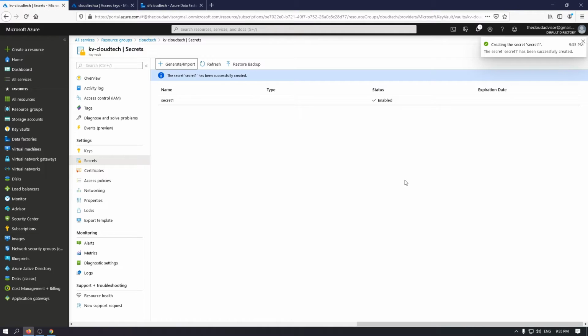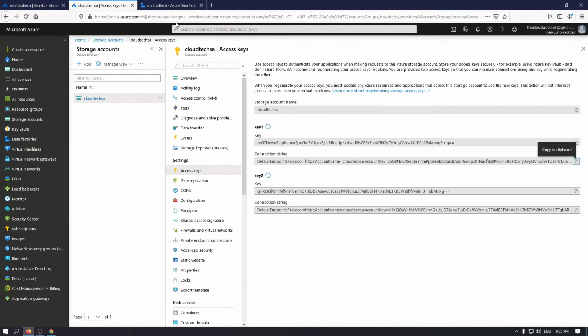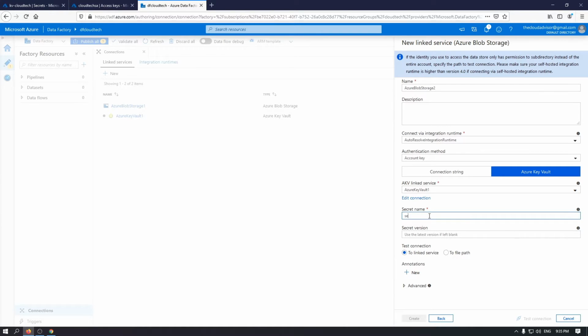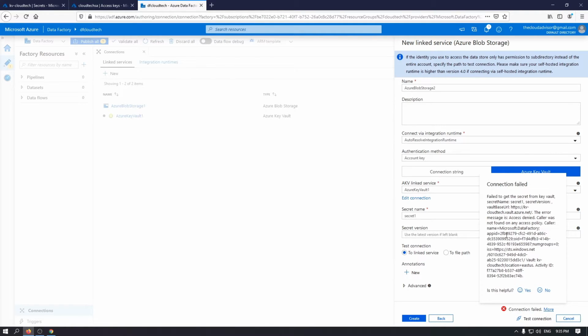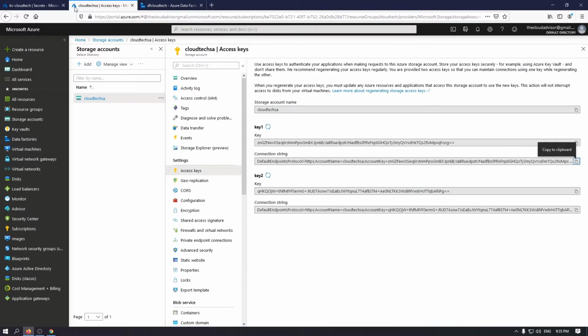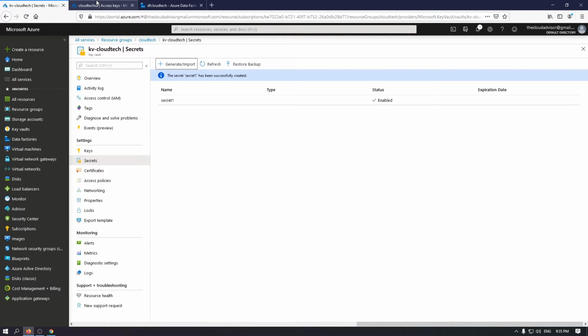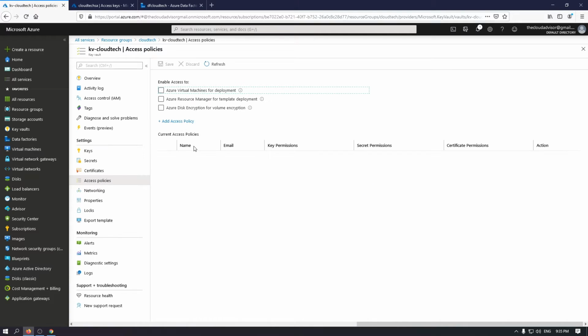Let me go back to Data Factory and write the name of the new secret that I created 5 seconds ago. Test the connection, and it should not work because the Data Factory application doesn't have the right to get the secrets from this Key Vault. So let's go back to the Key Vault, go to the Access Policies tab, click Add Access Policy.